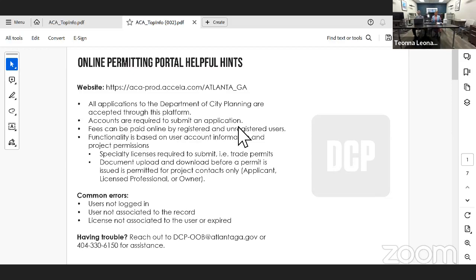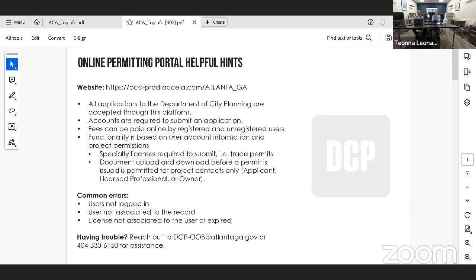For the sake of time, I do have the slides pulled up. It's not a slideshow, it's a PDF, but I'll go through it. I know that there are lots and lots of questions, so I want to go through this as quickly as we can so that we can get to as many questions as possible, if that's okay. This is basically instructions on how to use Accela, our online permitting portal. Samantha will provide you all with copies of this deck at the end of this class, so that you have this information.